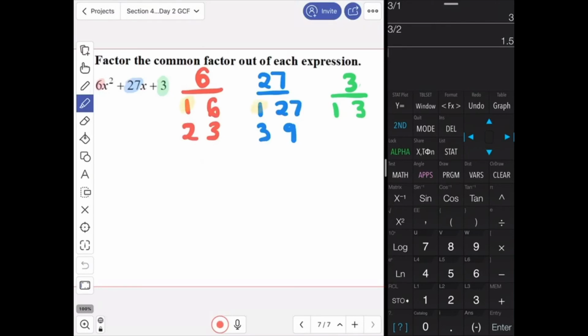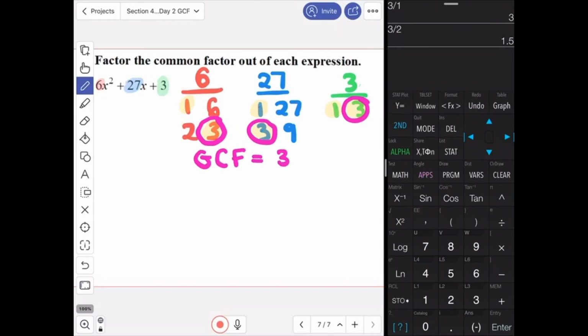each of these numbers has a 1, and they also each have a 3. However, we want to pick out the greatest common factor of all 3. And the biggest number that is in all of these expressions is the 3. Which means that our GCF, or the greatest common factor, is equal to 3. So now, if I take my original expression of the 6x squared plus 27x plus 3 and rewrite it below,